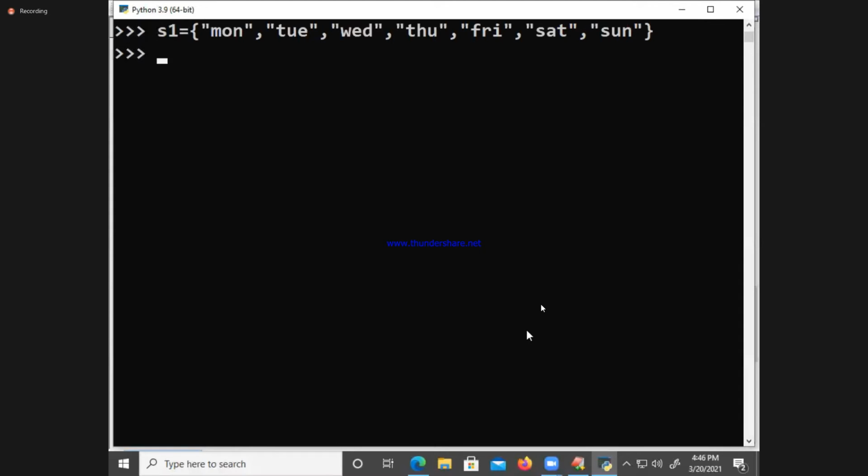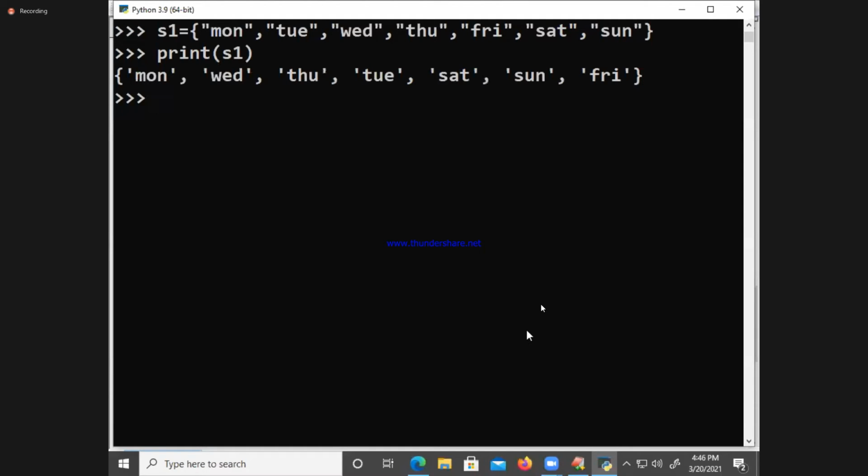What is this called? A set, the weekdays. Now print of S1. We can't expect in which order it will come. It will come in its own order. All the elements came or not? Yes. Now S2 is equal to Wednesday, Sunday, and Monday.